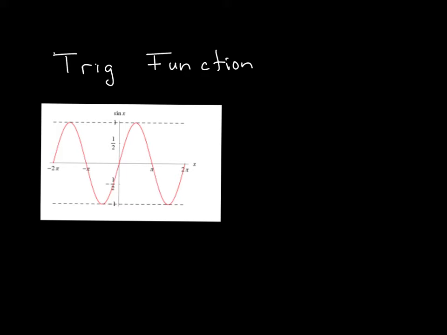Let's take a quick look at the trig function, the sine of x, and where its tangent lines are. So if I look right here, my tangent line is 0, and that happens at pi over 2. Another tangent line where the tangent line is 0 is here, and that happens at 3 pi over 2. And we'll do the other ones. I have another tangent line here, which happens at negative pi over 2. So those are all 3 points that would be on the derivative